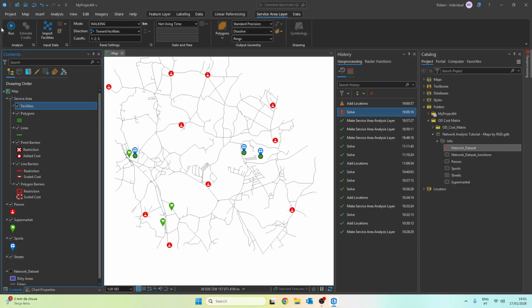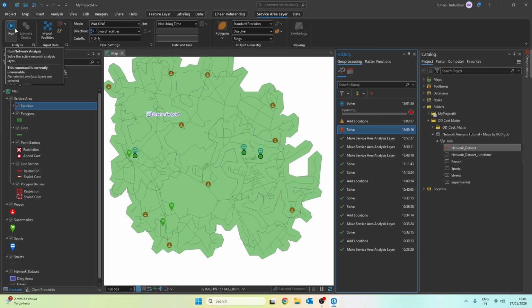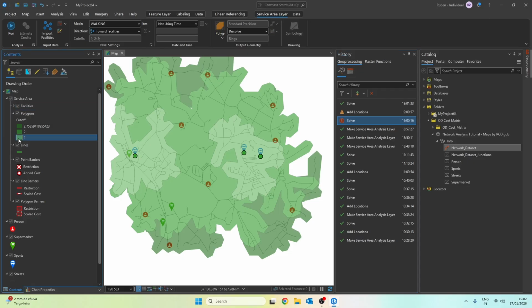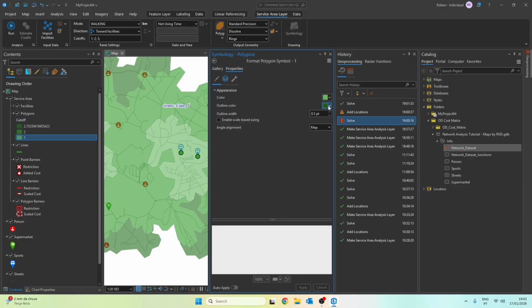Now yes, let's click run. This time it's going to work. We already have the facilities on the map, which are these green circles. Earlier, when I decided to change the value from 5 to 3 kilometers, I had good reason to do so, since the maximum distance we have doesn't even reach 3 kilometers, as we can see from the largest result, which is approximately 2.7 kilometers. I'm just going to change the color of the 3 classes so everything isn't green and the results are easier to analyze.